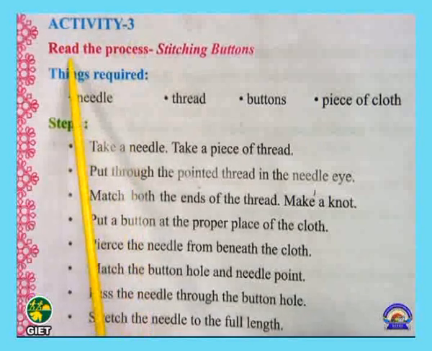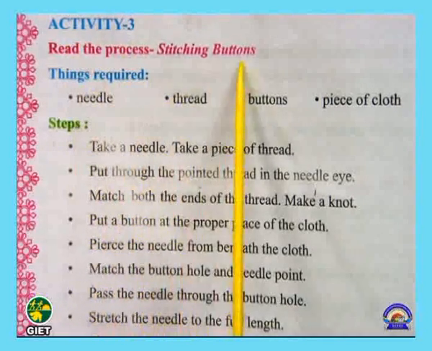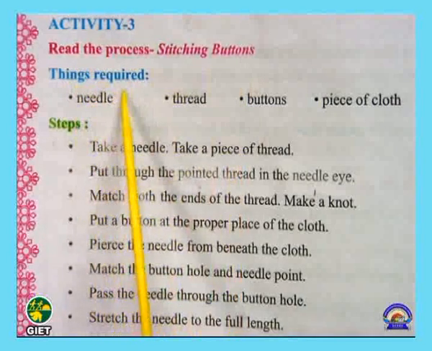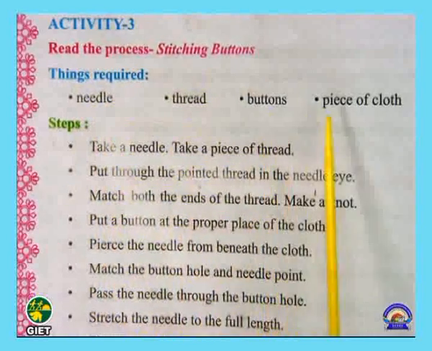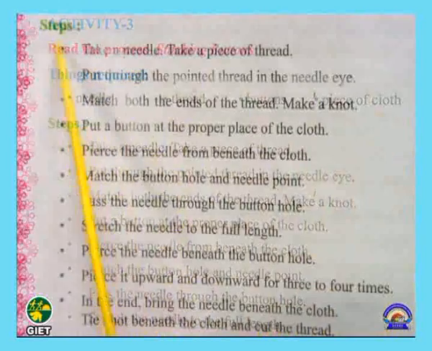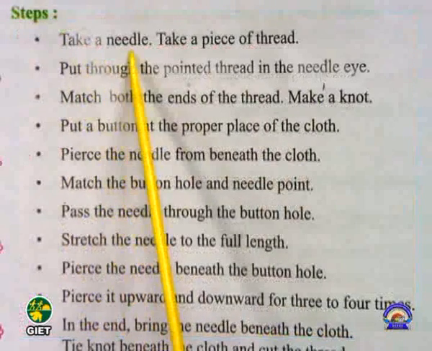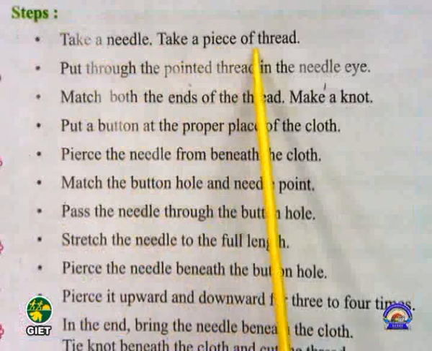You know how to stitch a button already, but here we are going to see that same procedure very minutely, step by step. Let me read those steps for you. Activity 3. Read the process stitching buttons. Things required: needle, thread, buttons, piece of cloth. Steps: take a needle, take a piece of thread,